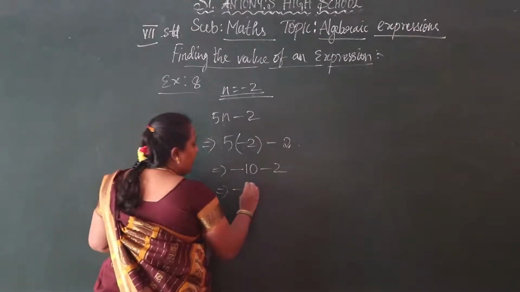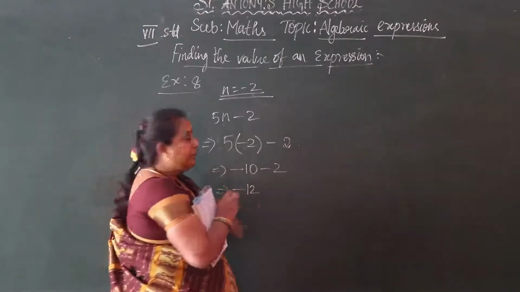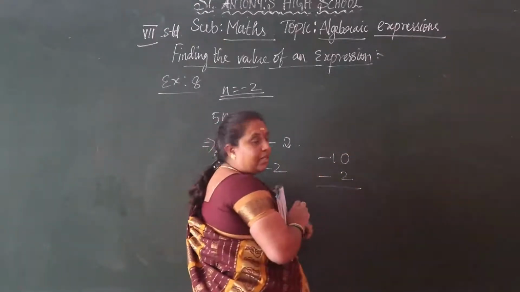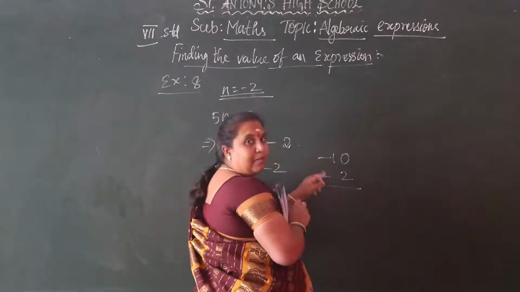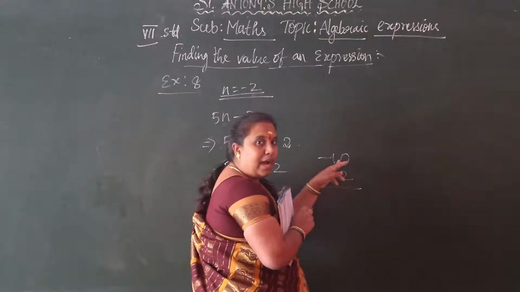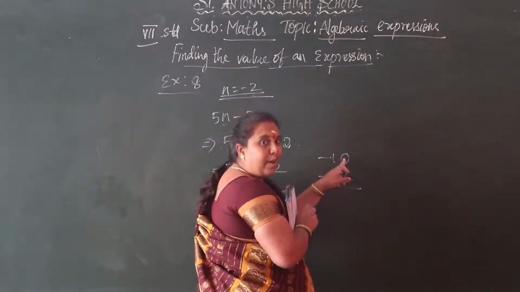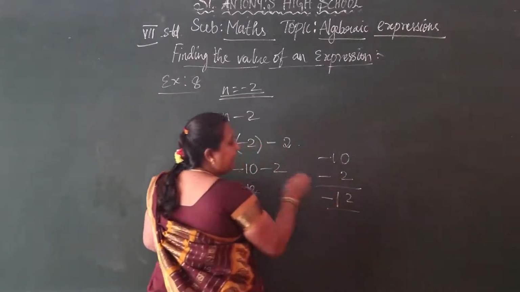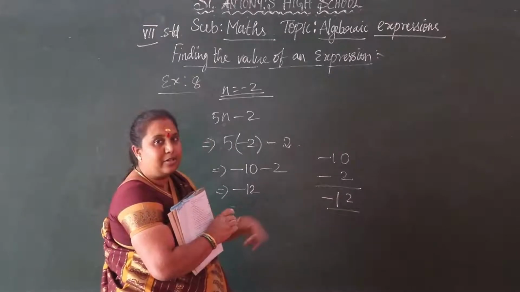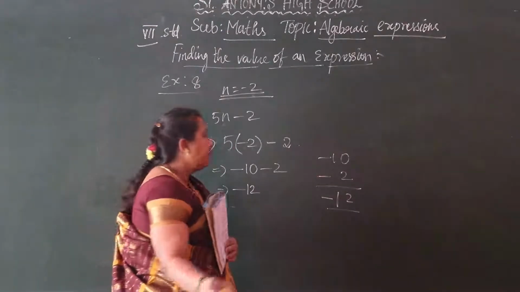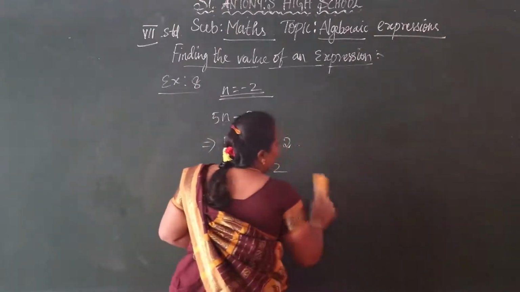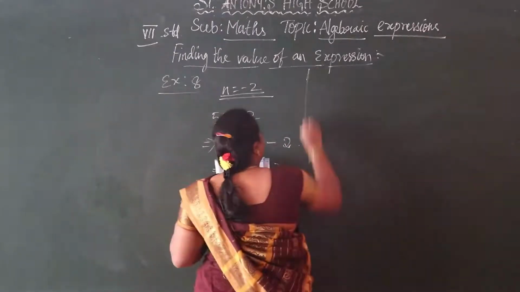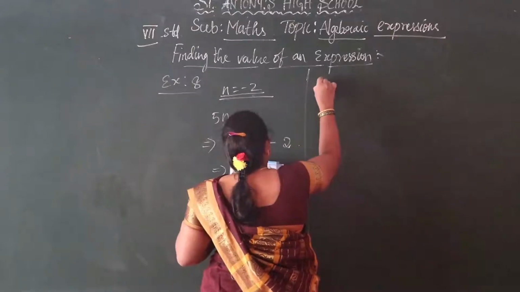Minus 12. Okay, see, minus 10, minus 2. We are adding. Okay, so we are adding these two. Minus minus, we have to add. Same sign, we have to add here. Okay, so 2, 1, and we are writing the common sign minus. Okay, understood, children? Okay, don't subtract here. We have to add. Then we have the another one. See, third one, let us see. Second one, you have to write here yourself.